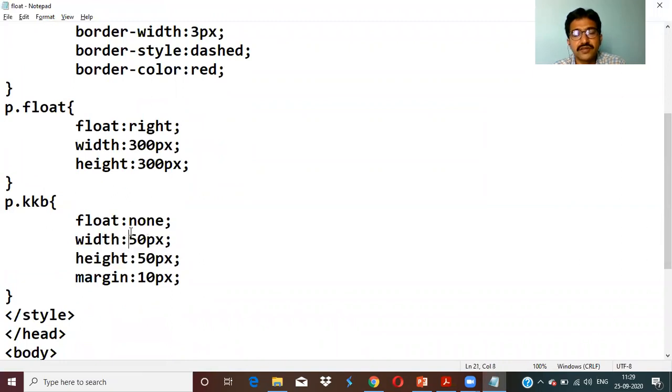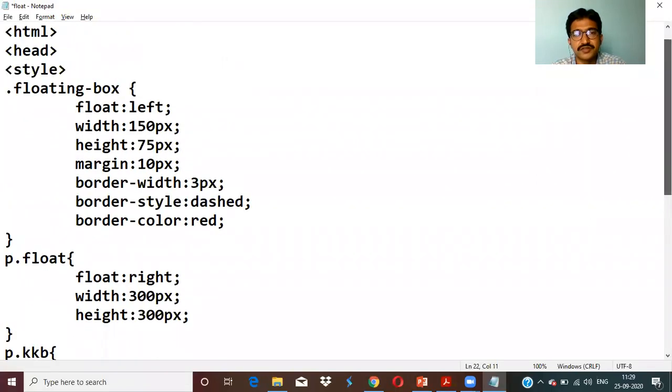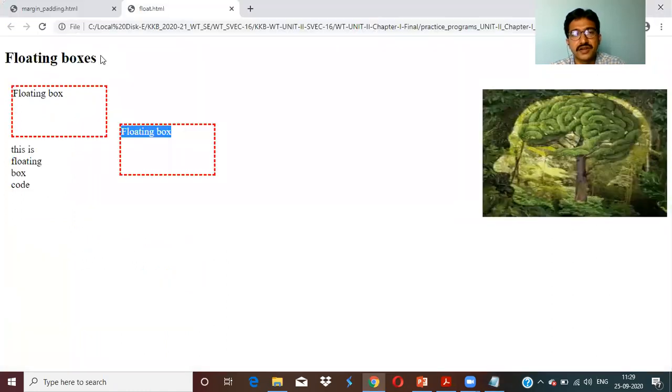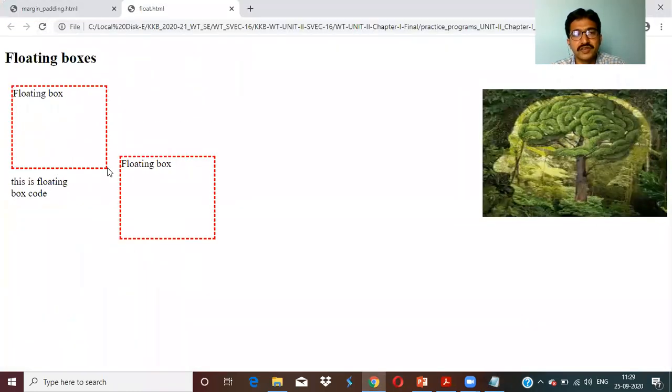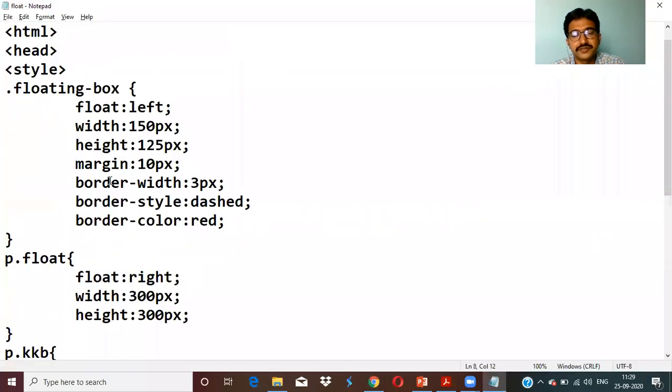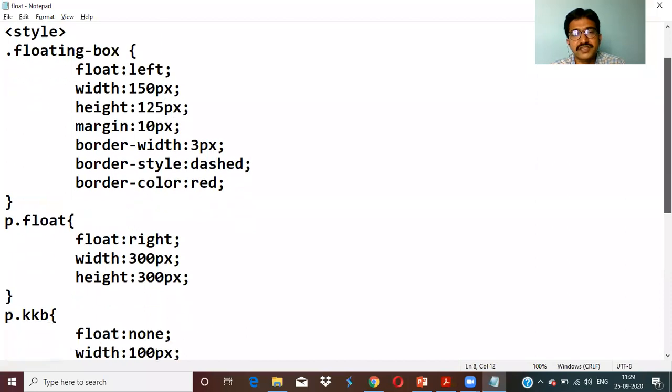So if you increase this to 100 and 100, you need to increase this also. It is 150, right? So it is better to increase this also to at least 125 height, so that they will not overlap each other. See, they do not overlap. Okay. So if you are increasing that, that also has to be considered.